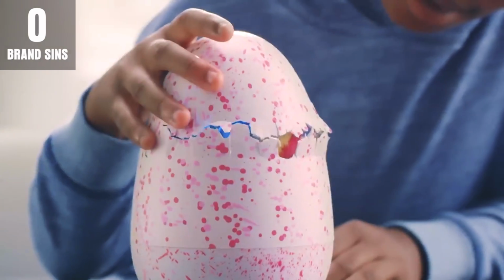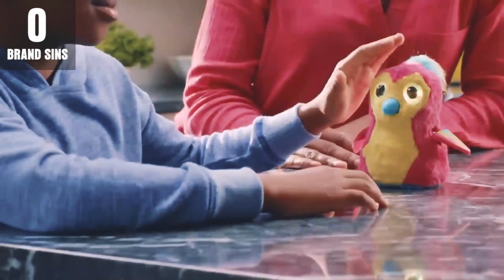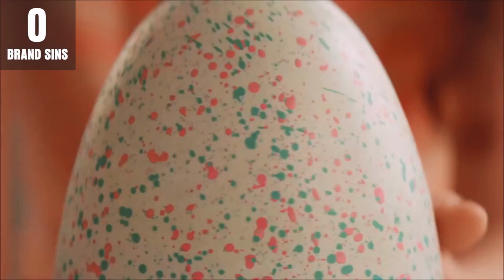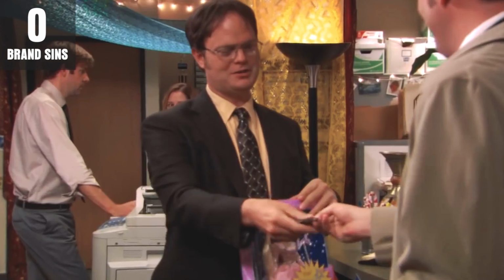Hatchimals were the it toy for the 2016-2017 holiday season. Following in the steps of the Zuzu dolls from 2009, the robotic creatures skyrocketed in popularity over a very short period of time, leaving many to the mercy of holiday speculators who bought up Hatchimals inventory to sell at an inflated price. During the height of the holiday craze, late to the party parents ended up paying $250 to $500